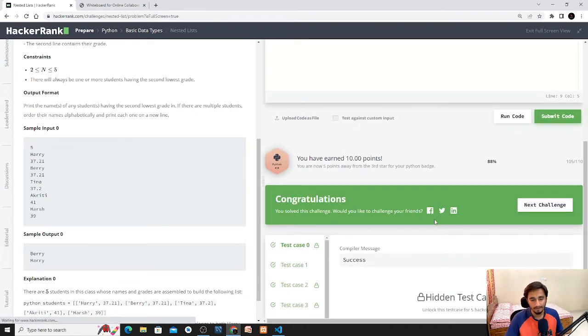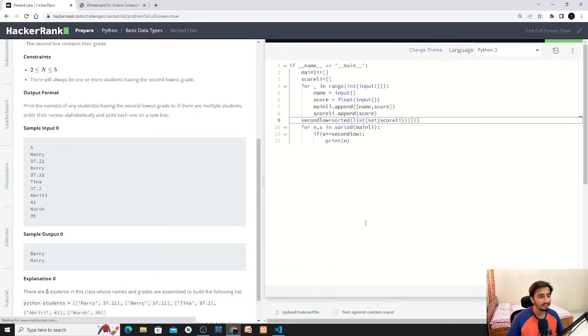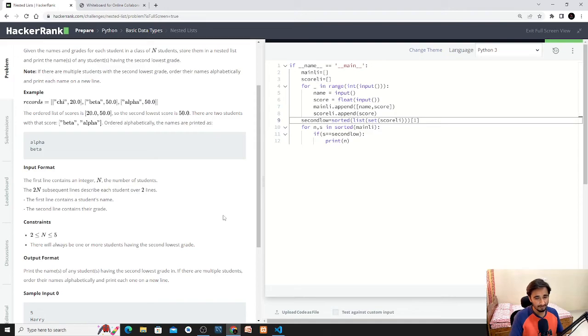Okay, yeah, so we got all the test cases, and I think it is a very simple problem. If you're not using the sorted keyword, we can also do it in loop form, but it increases the complexity. I used this keyword to make you familiar with this new function and method of sorted, and also the concept of nested list and how we use it. That is all for today.